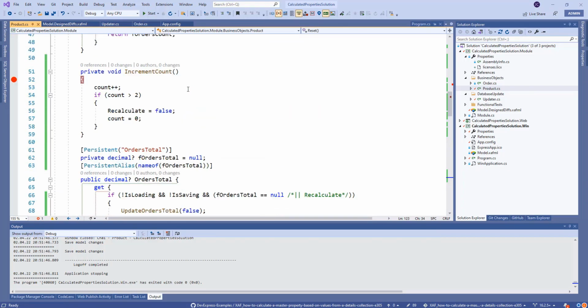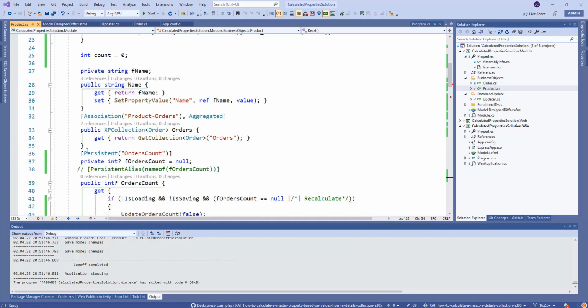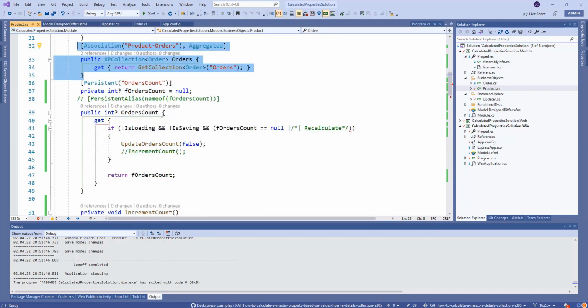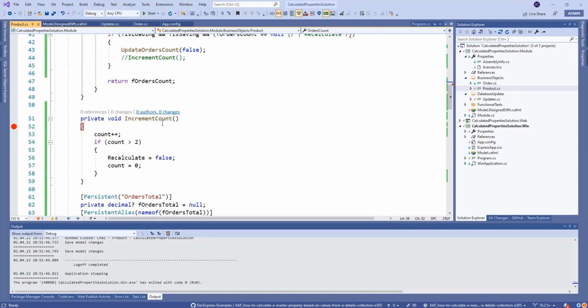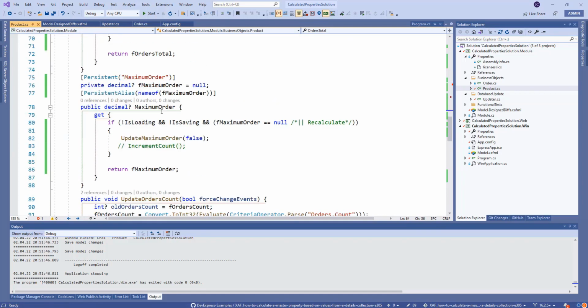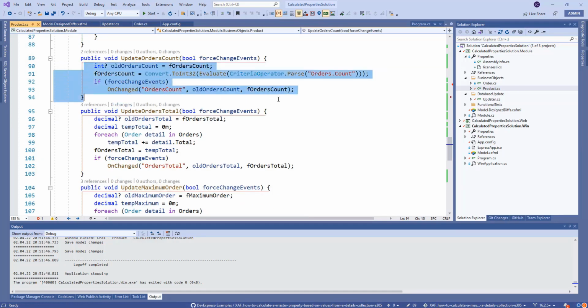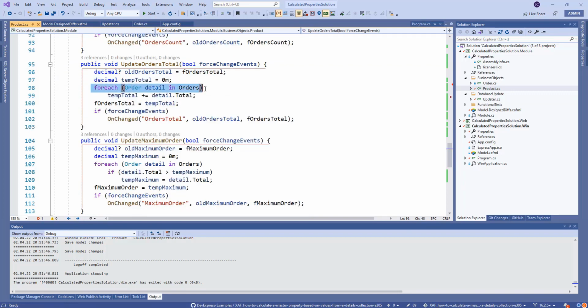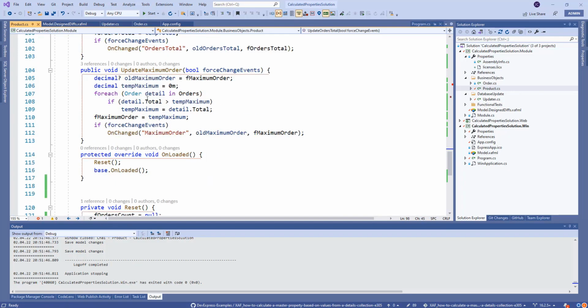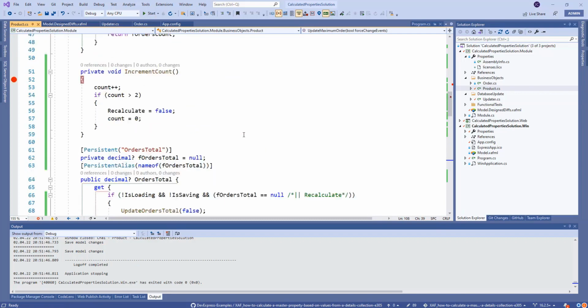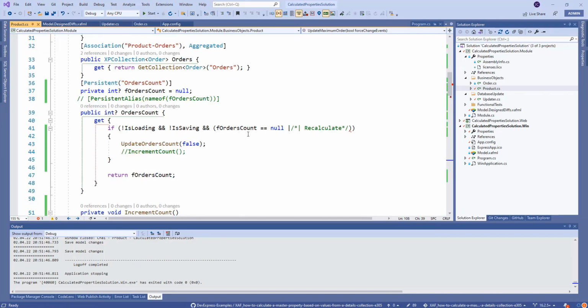Take a look. We have the collection of orders, and then we're going to ask for the order count, the order total, and the maximum order. And if you see, all of them have a method, and you can see what is happening here. They evaluate the criteria for the order count, they iterate over each order and add the total, and they compare to find which is the maximum order. So all of this is calculated